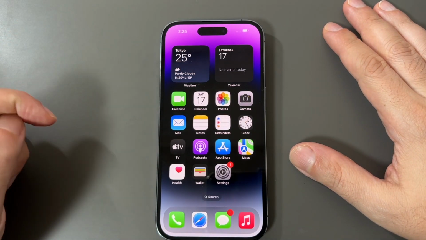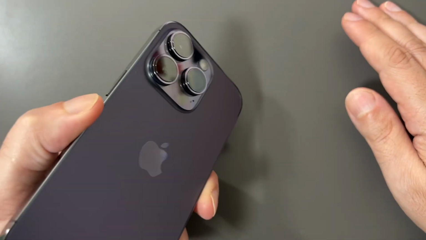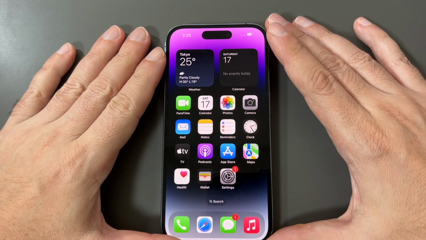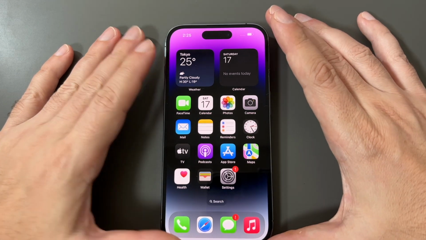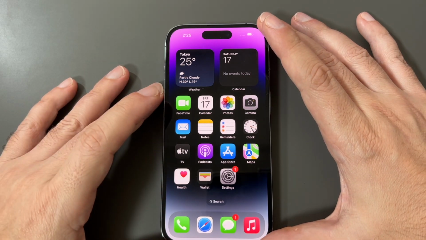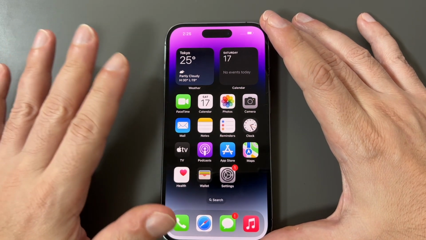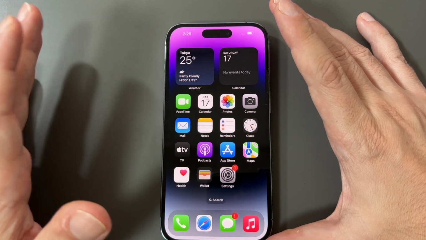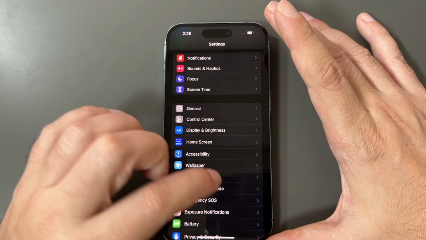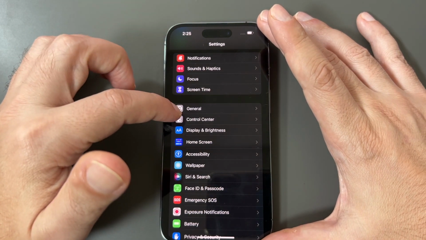Today we have an iPhone 14 Pro, a very beautiful purple one. Today we're going to show you how to change the screen lock time. This is how quickly the screen will dim and then lock if you don't touch the phone. The default when you open it out of the box is 30 seconds, which is a little bit too fast. So if you want to adjust that, go to the settings menu and then look for